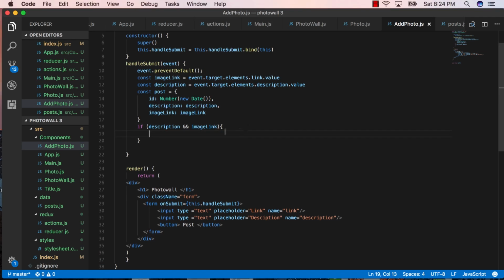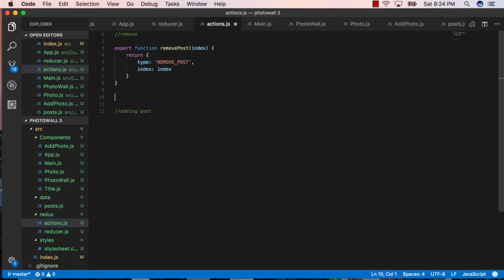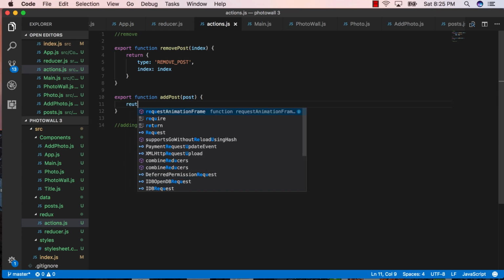And right here is where we will emit our action. So we have to declare our action first, and inside of actions.js is where we will do so. We're going to export an action creator, a function, and we'll call that function addPost. And that action creator will take in a post that was just submitted. Post. That's going to be the payload that we give our action so that it can return that payload to the reducer. So return,